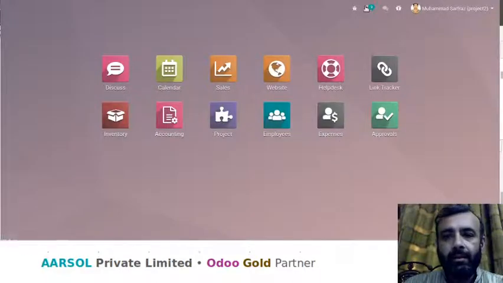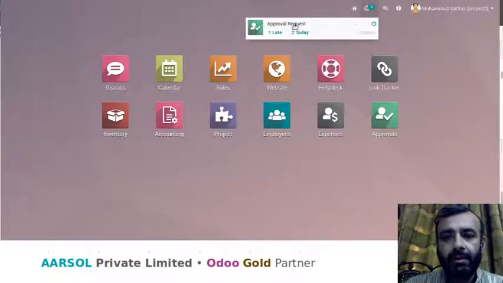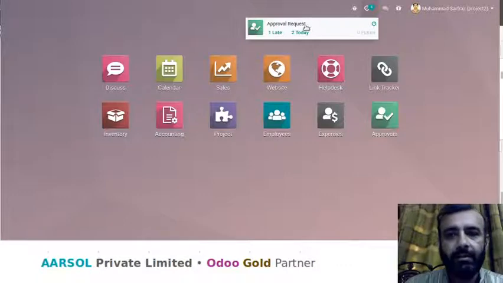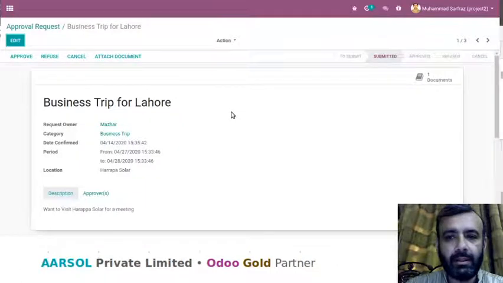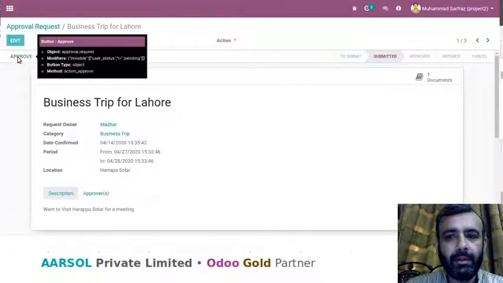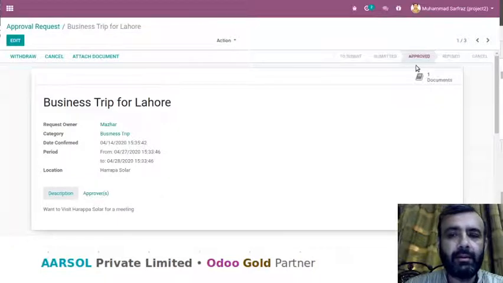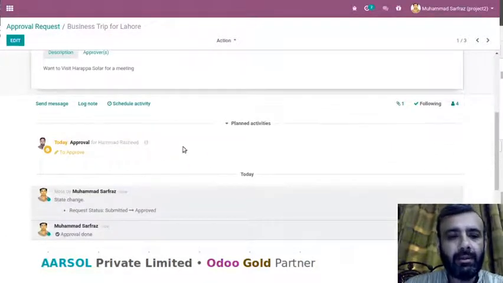And Sarfraz will also see in activities that there are some requests pending on his side. If he will open this, then here he can see business trip for Lahore, and he has to approve it. If he opens it and let's say he approves it, here you can see the status of this request has been changed to approved, although yet another approval is pending at the end of Mr. Hamad,